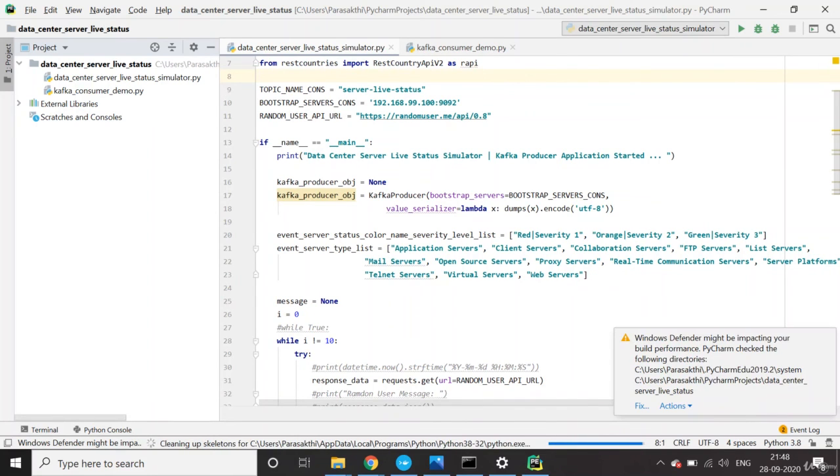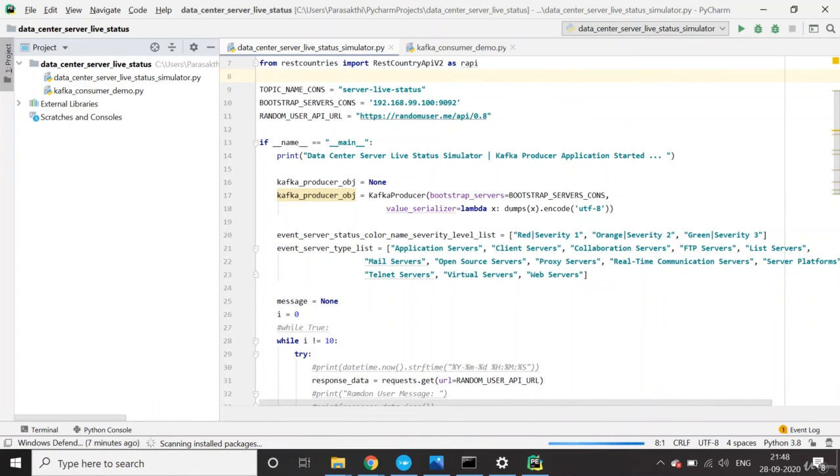This is basically going to generate the events. In our use case, our source is the servers sitting in different data centers across the globe, so we cannot simulate the real-time one as of now.